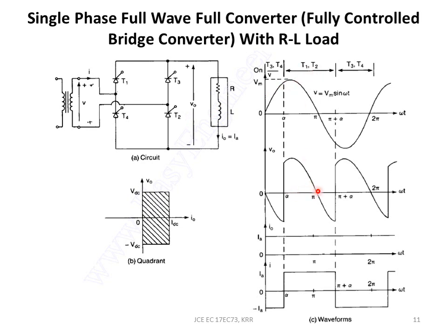What happens at pi? At pi, the input is going to reverse. The minute input reverses, this becomes minus and this becomes plus, T1 and T2 become reverse biased. But they will not stop conducting because of this RL load. The function of the RL load is to not let the current stop flowing, right? And it will continue to flow.